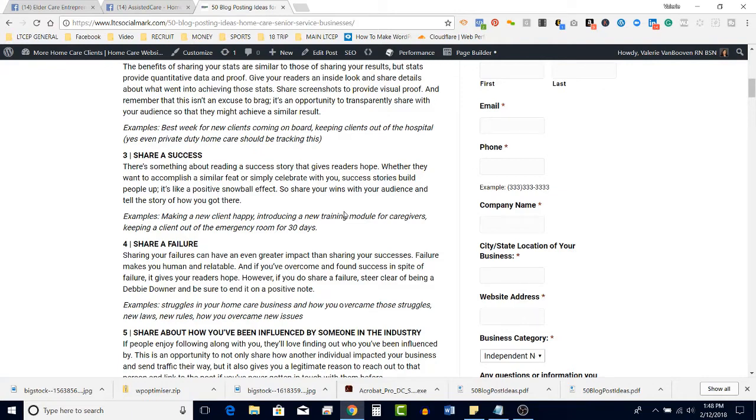So we know hospital readmission rates are an important thing for all of you to track, whether you're home health care, private duty, or other. You need to make sure that you can talk that talk if you want those referrals. And so if you can track how long you're keeping people out of the emergency room or what original diagnosis they came to you with, and come on, you don't have to be a rocket scientist to know if somebody has COPD or had a stroke or has dementia.